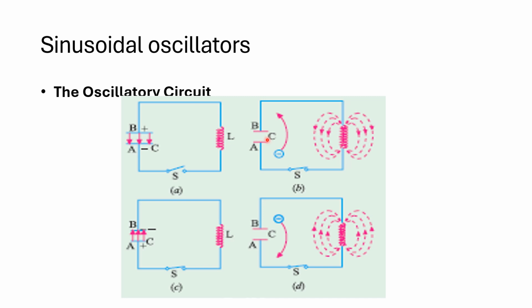Therefore, if the potential is the same, there is no electric field, but the magnetic field is maximum. You see, a capacitor should have a difference in potential, but since the potential is already the same, we can say that there is no electric field while the magnetic field is maximum.